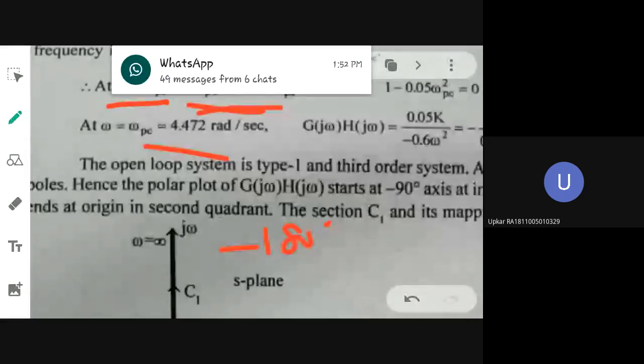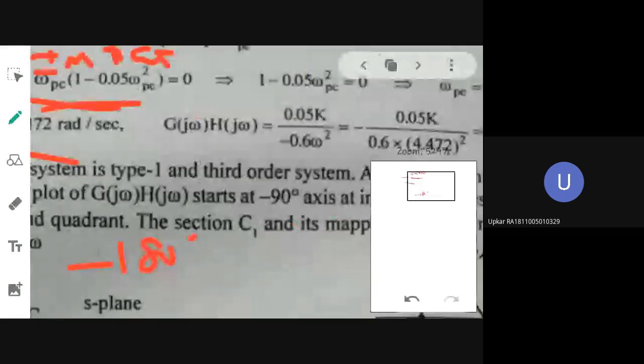It is all in the slide. What is the value of the phase crossover frequency? 4.472 radian per second. So then comes your real part. What is the real part that you are having? It is also there, no? 0.05 k divided by